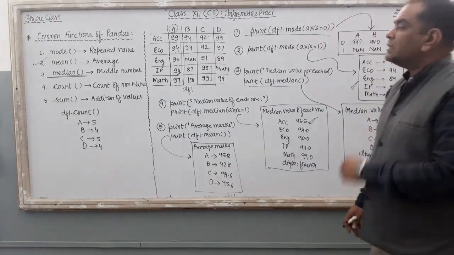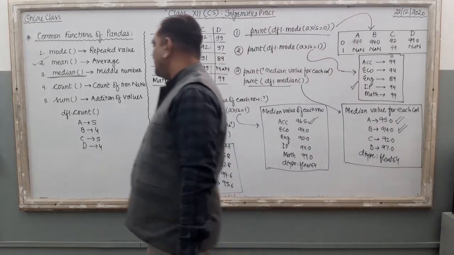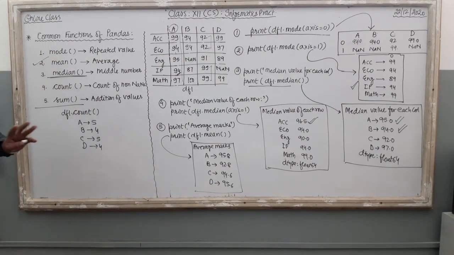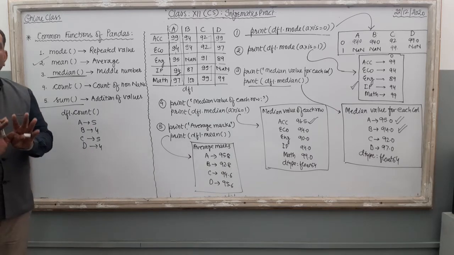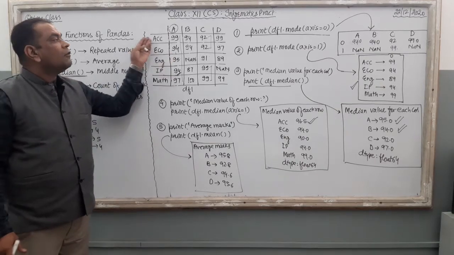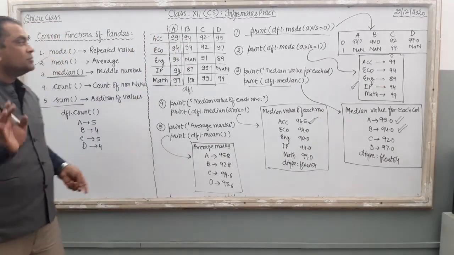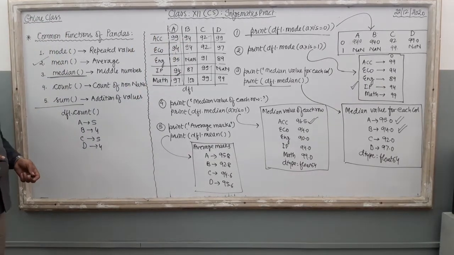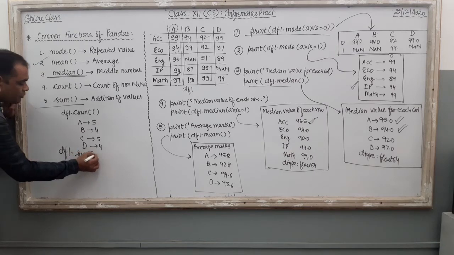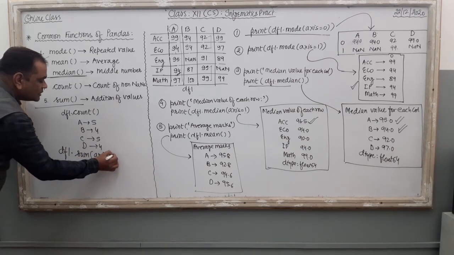Right? So, the last one in today's video lecture is the function sum. Sum means the total, either of the column or of the particular rows. It is going to generate the total sum. Right? How can you use it? You just use df1.sum. Here also you can use axis. So say I am using axis 1.